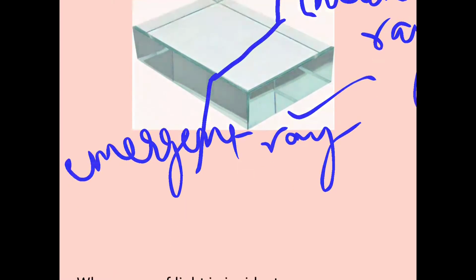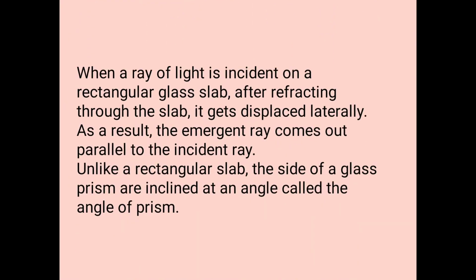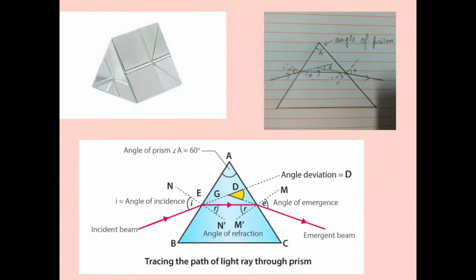But in case of a glass prism, let's see what happens. So we can see the structure of the glass prism is like this. We have two triangular bases and three rectangular lateral surfaces in this glass prism. This is the one, the second is here, and the third one is in the base, right? So this is the structure of the glass prism. We can see these surfaces are inclined to each other, right? So here we get the angle between two lateral surfaces, which is the angle of prism.